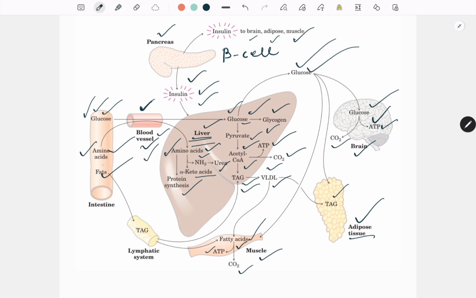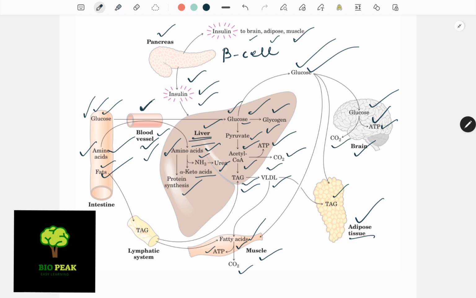Now, we will discuss the fat. The fat inside the intestine generally goes to the lymphatic system. Inside the lymphatic system, it produces TAG, or triacylglycerol. From the lymphatic system, this TAG generally travels to the muscle tissue. Inside the muscle tissue, the TAG is converted again into fatty acids, and this fatty acid generally produces CO2 with